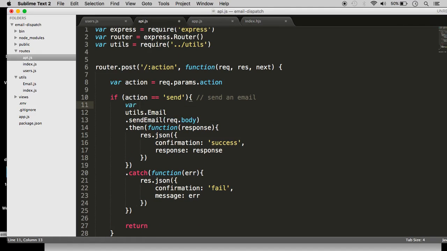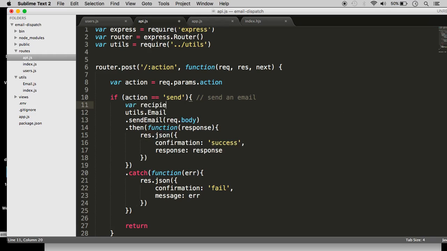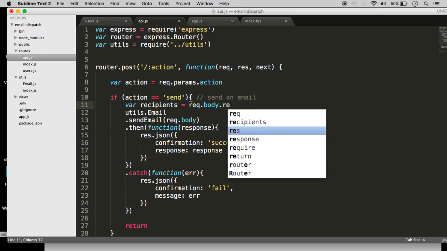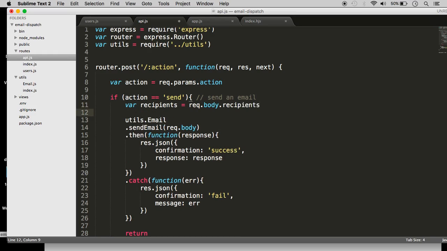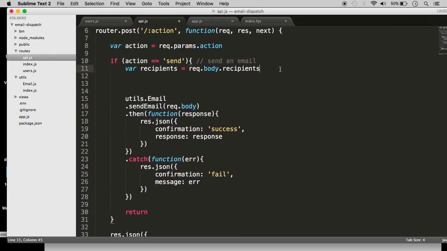Our recipients. Comma separated list of emails. Okay, and then